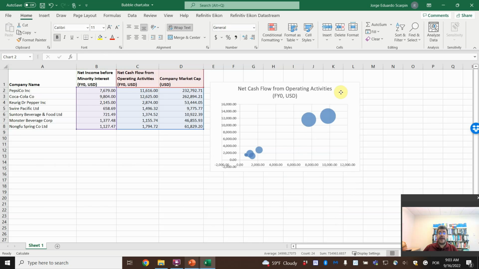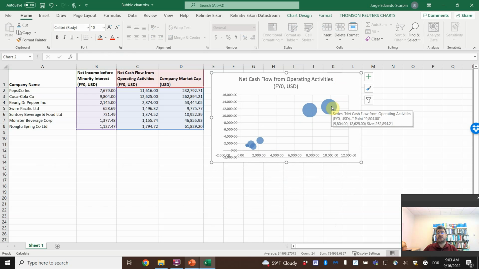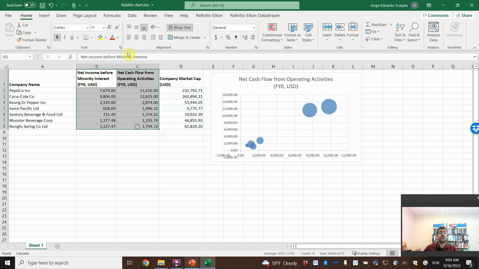And then we have here the bubbles. This first one here is Coca-Cola, so they have the largest market cap. The second one here, 7 and 11, we are talking about PepsiCo. So here the size of the bubble is the market cap. So here we have the income, cash flow. So on two here, if we go only on these two,